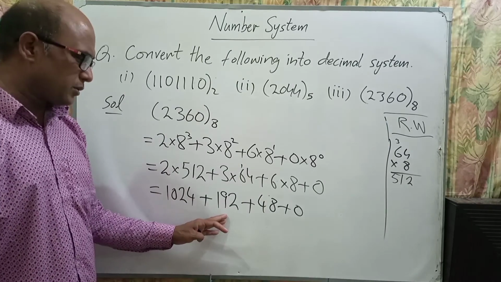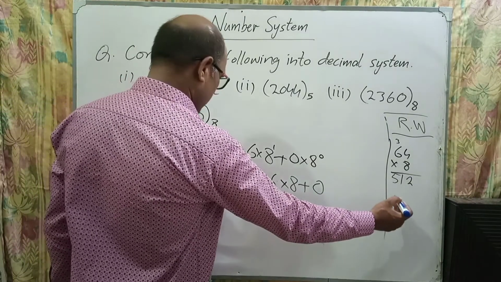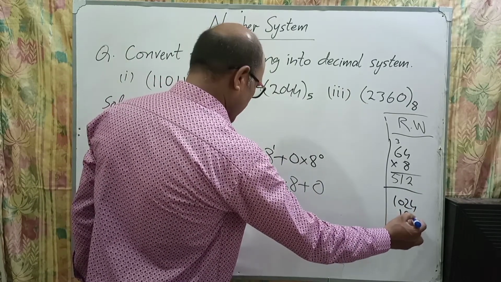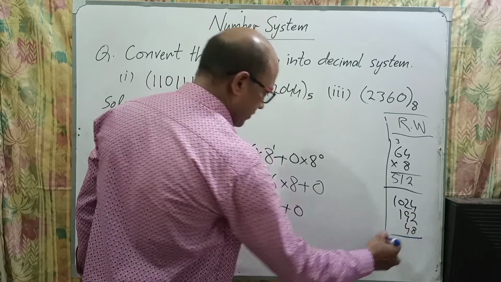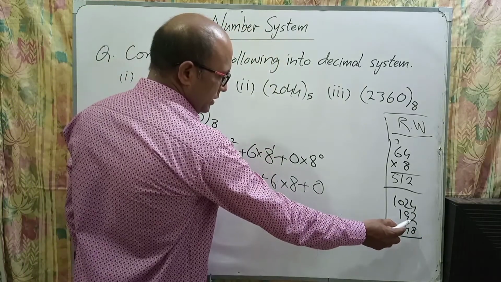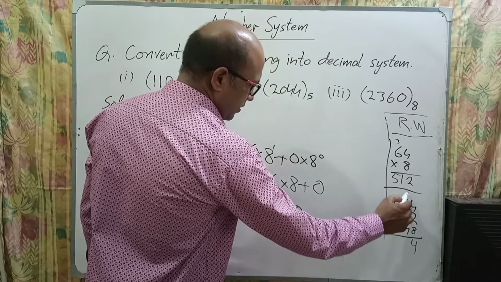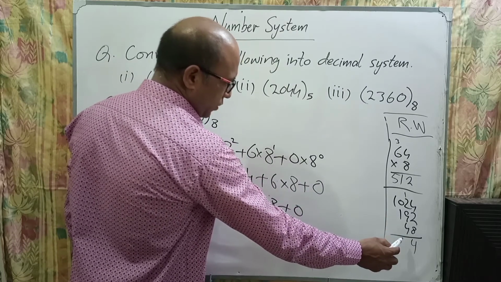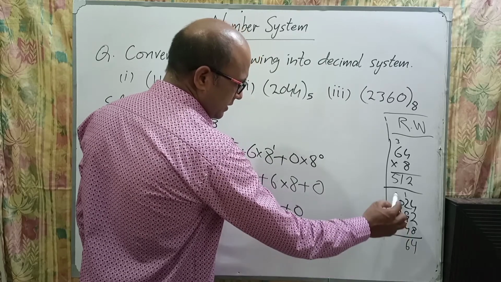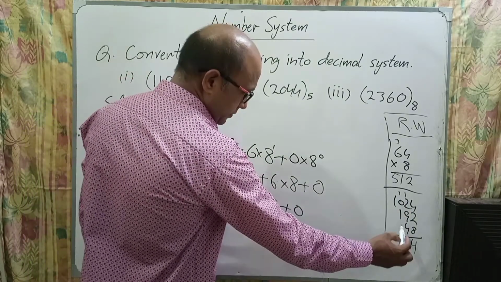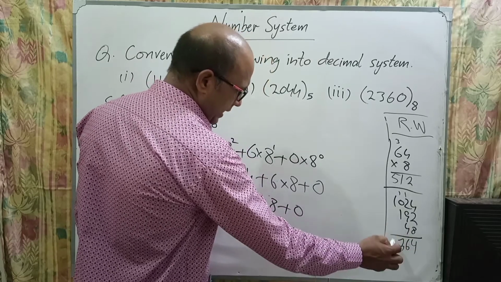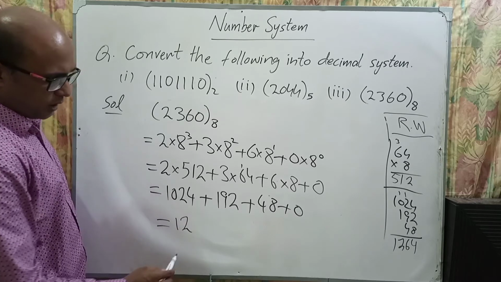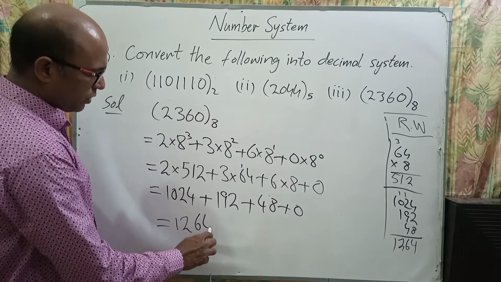1024, 192 and 48. Let's add them in rough work. 1024, 192 and 48. 8 plus 2, 10 plus 4, 14. 1 carry over. 3 plus 9, 12. 12 plus 4 is 16. 1 carry over. 1 plus 1 is 2 and 1. So it will become, students, the answer we have got is 1264